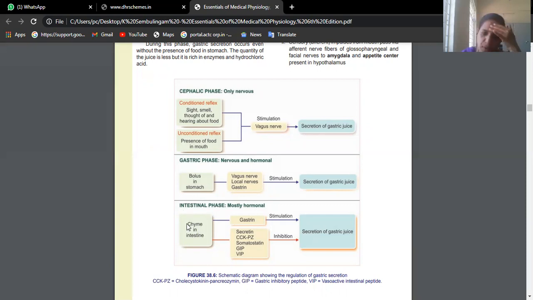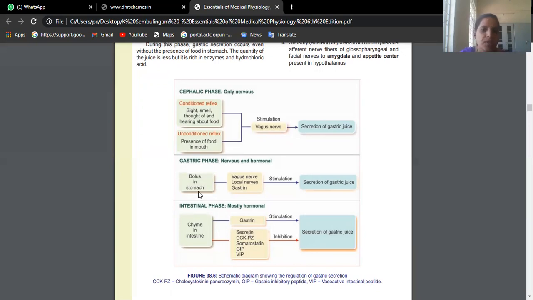No, we don't require any more gastric juice because food was in the stomach for 2 hours and gastric juice has done its work. After that the food has moved into the intestines, isn't it? So in the intestines we have certain hormones: secretin, cholecystokinin, pancreozymin, somatostatin, gastric inhibitory peptide, vasoactive intestinal peptide. All these hormones will stop the secretion of gastric juice, as we don't require any more. Only the hormone carried from the stomach to the intestine may stimulate to some extent the secretion of gastric juice.